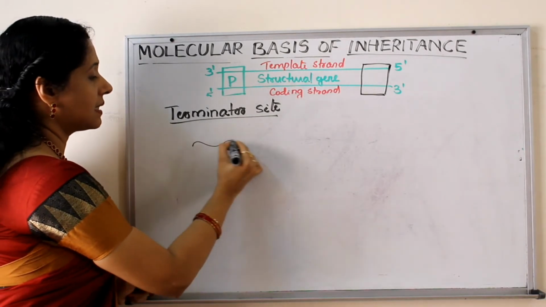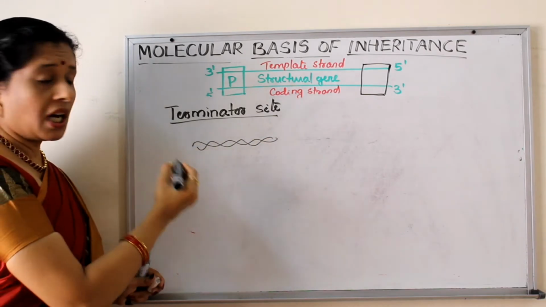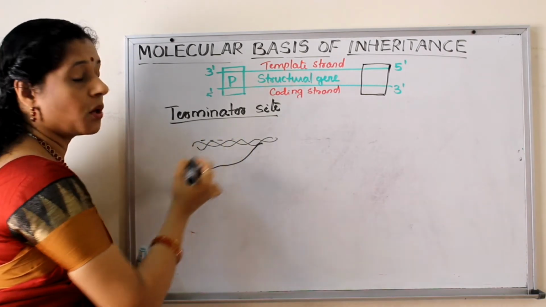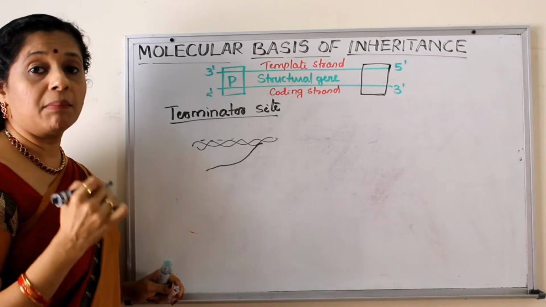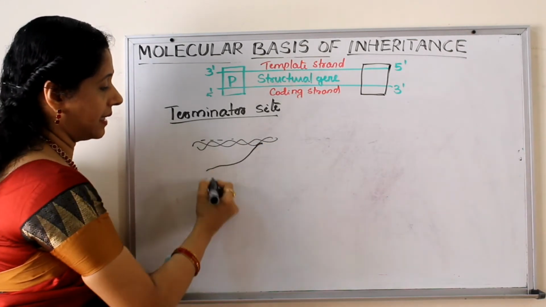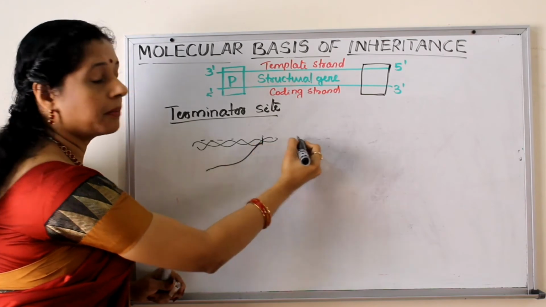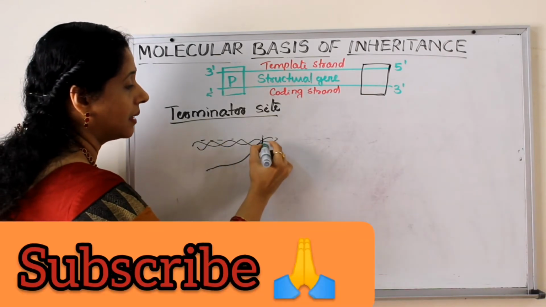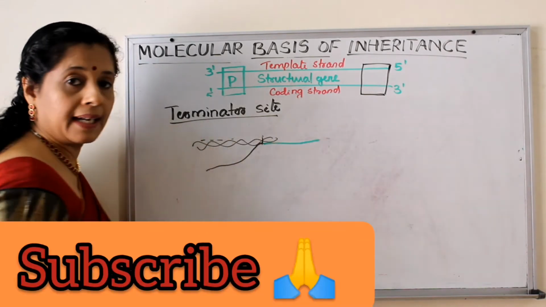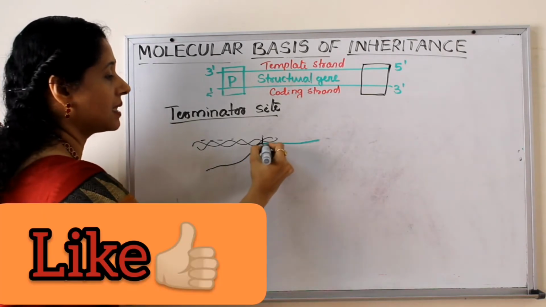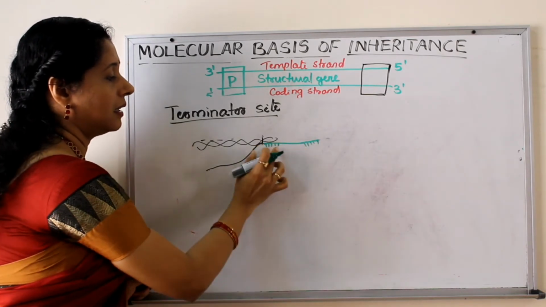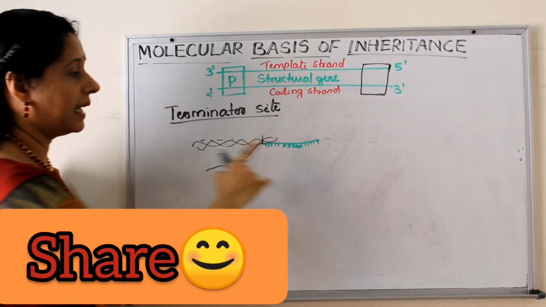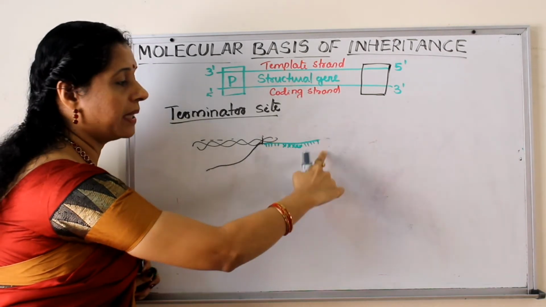So suppose this is the DNA from which RNA is forming. We will learn about that in detail. Once the RNA polymerase enzyme, which is actually capable of doing this process, reaches this site, up to this is formed. Now hereafter it is the termination site. It is nothing but a sequence only. So when it comes here, it will start making a sequence again, but in this sequence certain parts are complementary. Then after that a few sequences will be there, and again another set of sequences which are complementary to this.